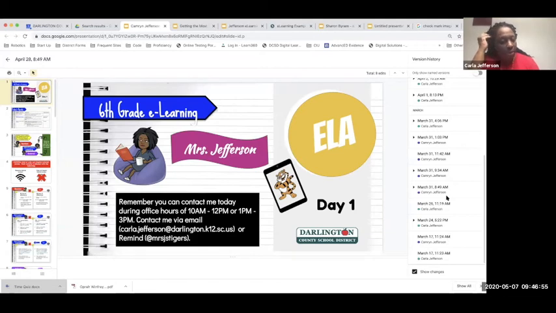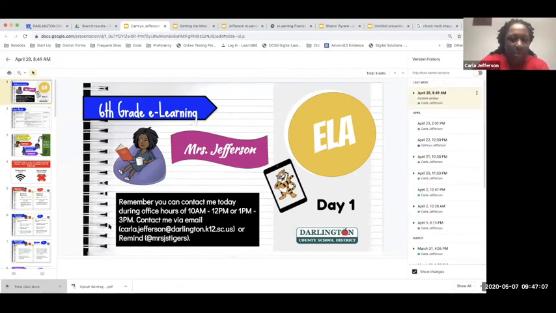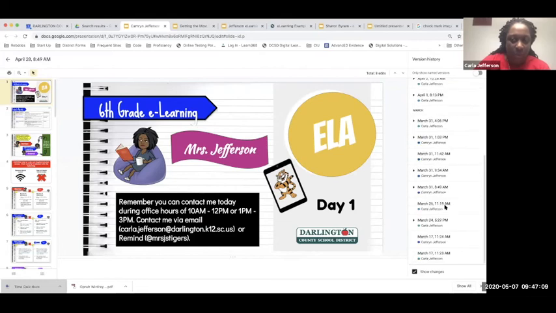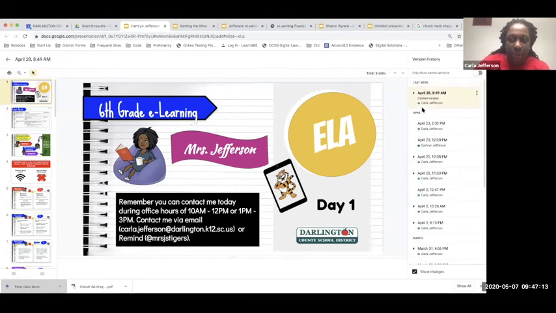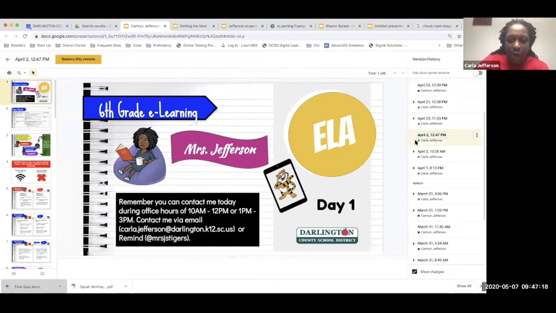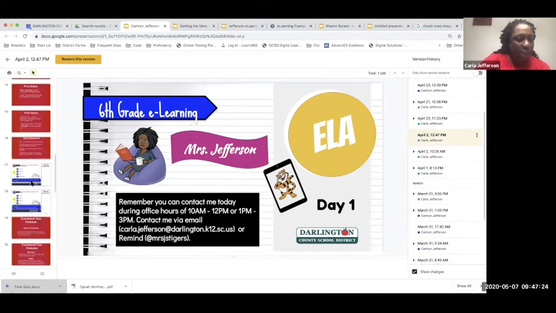So I want to share a couple more things about the version history process, and then we can go back and I'll show that, before we close out today. Here you can see, in this case, because this is my practice document and I use it between Cameron and I, I can see the different times that someone has been in and made changes. For example, if I go back to April 2nd, what you can see is that when changes are made,